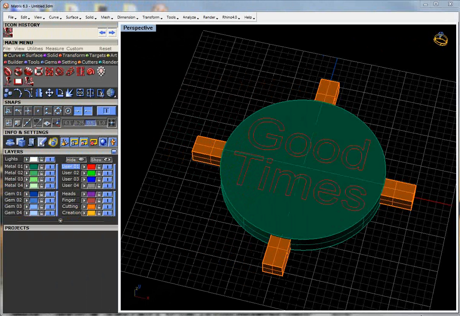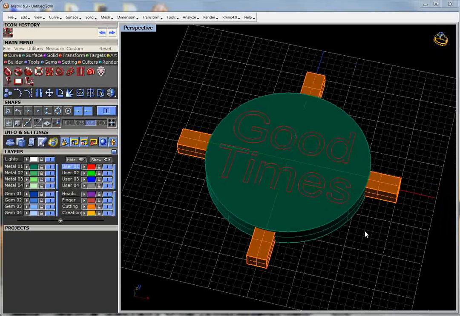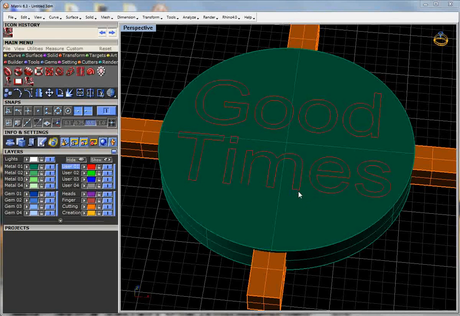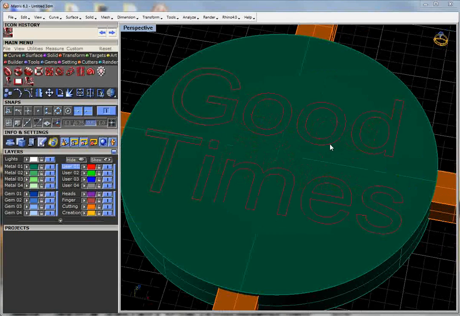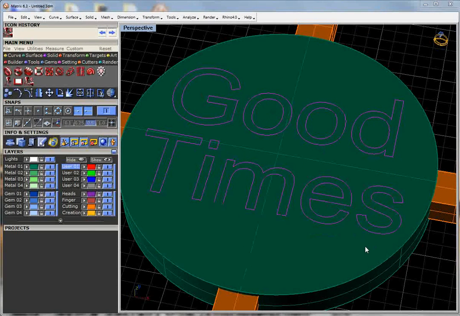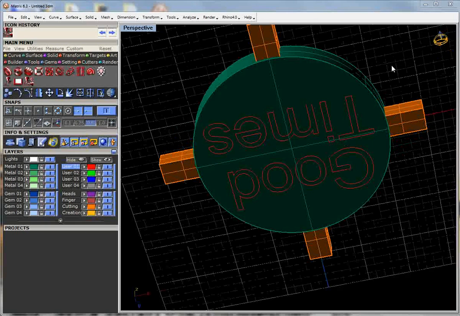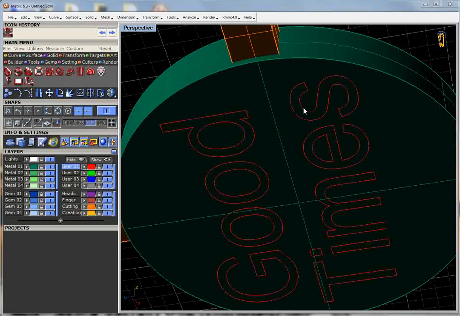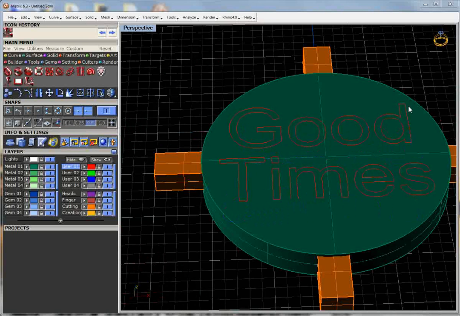Okay, in this video we're going to take an introductory look at using the follow curve option within the Revo CAM builder. Our model that we have set up here is a simple coin with the words "good times" written on it. One thing to note before we get any farther, make sure you have all your text grouped inside outside curves. It just makes your process a little bit simpler once we get into the Revo CAM builder, and also check the backside too. And once you've verified that you do have each grouped,